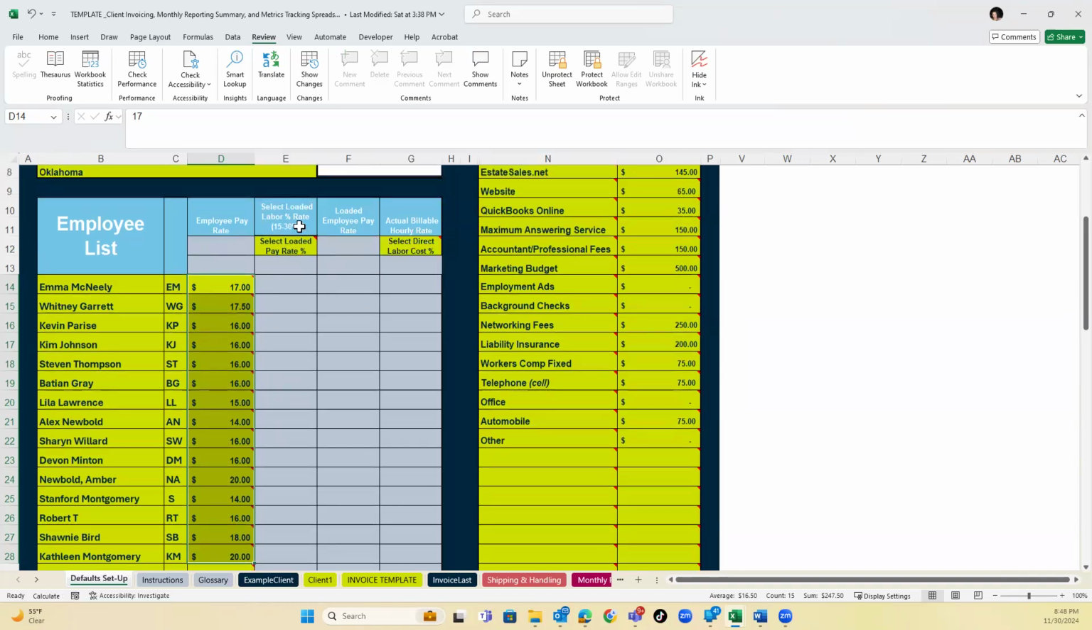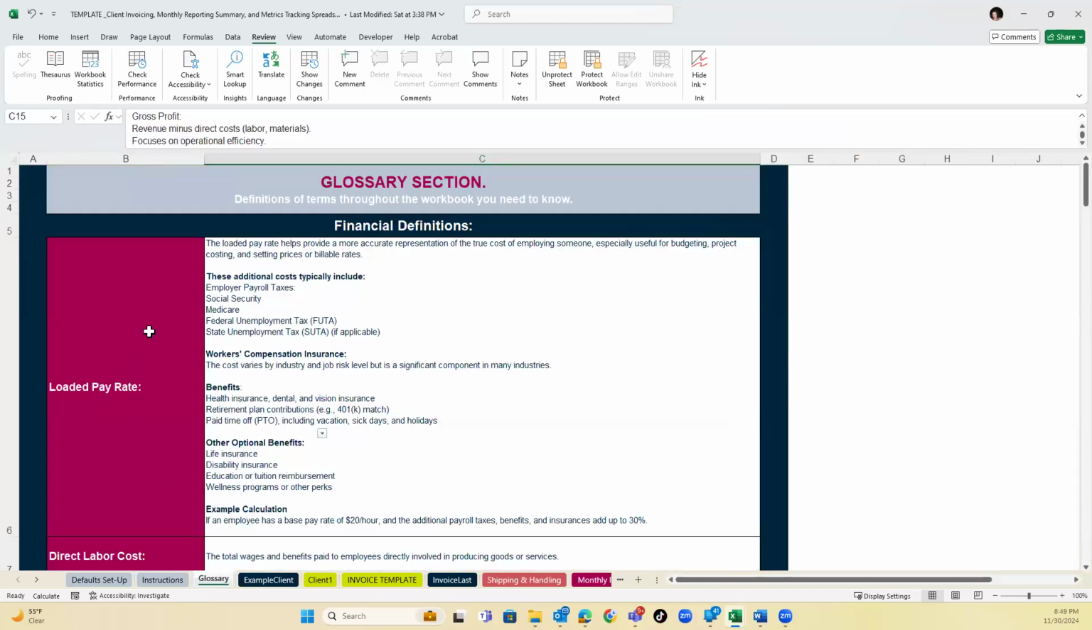The first one is going to be selecting your loaded labor percentage rate. Again, if you click on the box, a drop down arrow will appear, and I've just given you a few options here to select. If you aren't sure what loaded pay rate percentages are, first you would want to come over here to the glossary, and the loaded pay rate definition is the very first one. And what does that consist of? It's typically going to be your payroll taxes, Social Security, Medicare, federal unemployment, and state unemployment taxes, as well as your